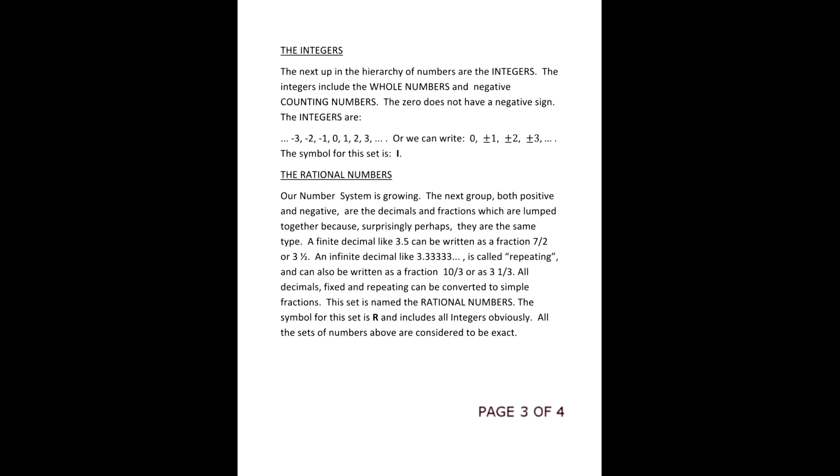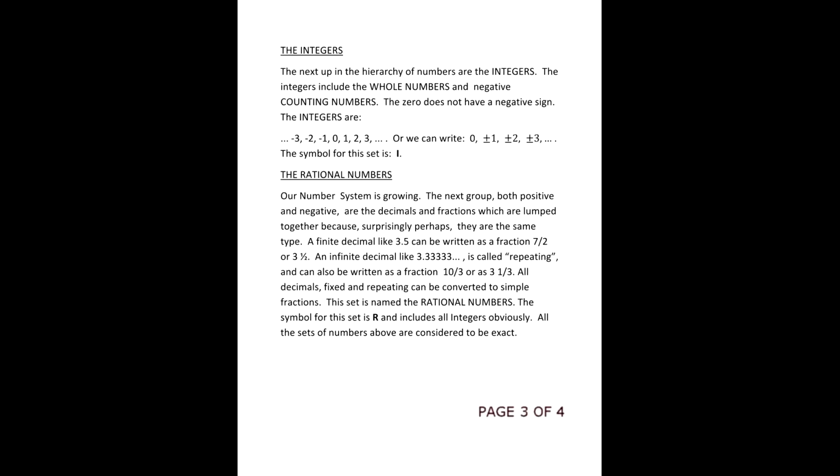Or we can write it in a different way: 0, comma, plus or minus 1, comma, plus or minus 2, plus or minus 3, and so on. The symbol for this set is capital I. Our number system is growing. The next group